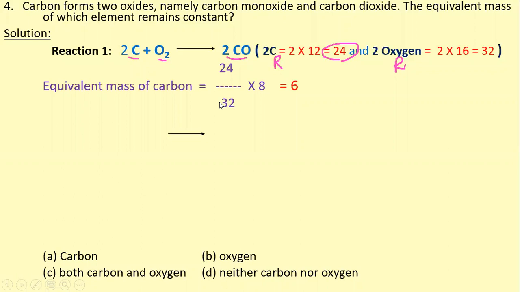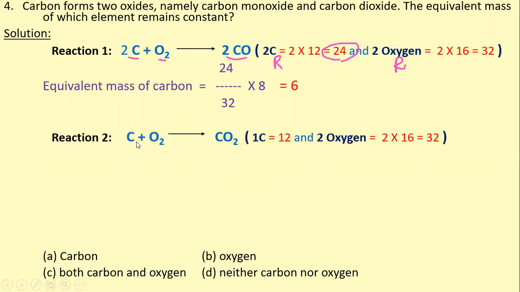The same method we have to follow for the carbon dioxide also. Here the first reaction will be carbon along with oxygen we get carbon dioxide. Here you see, on the reactant side we are having only 1 mole of carbon, so only one carbon. So one carbon means 12. In the previous reaction there were 2 carbons, so 2 into 12. This is a reactant. This is also a reactant. So now oxygen, 2 into, here 2 oxygen are there. So 2 into 16, which means we get 32.